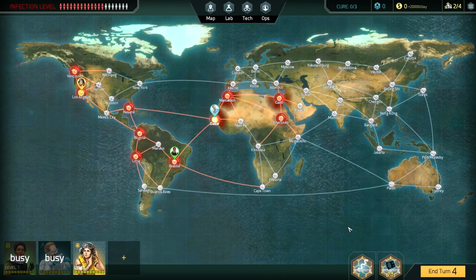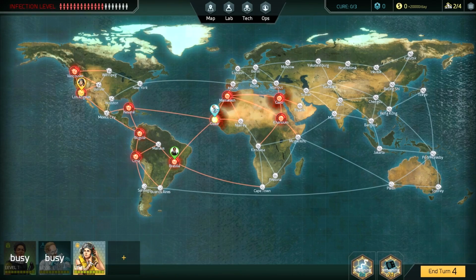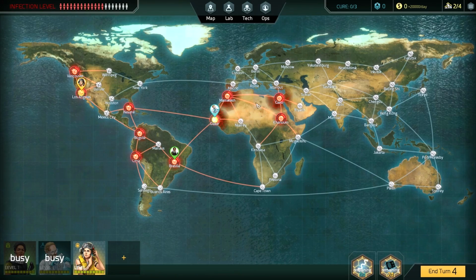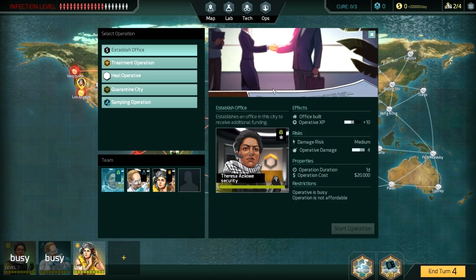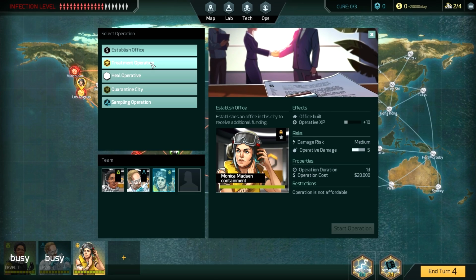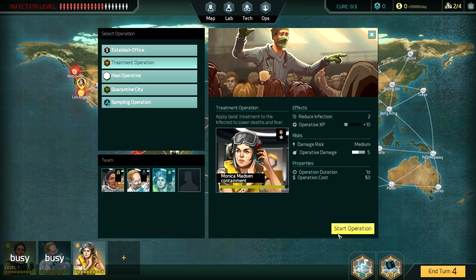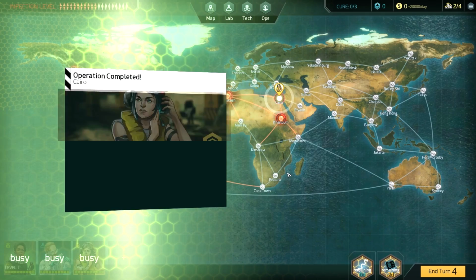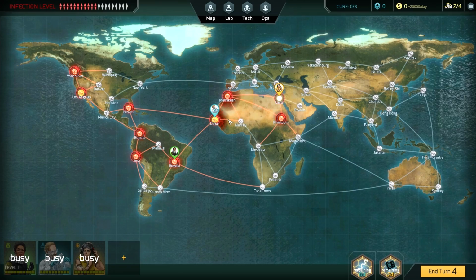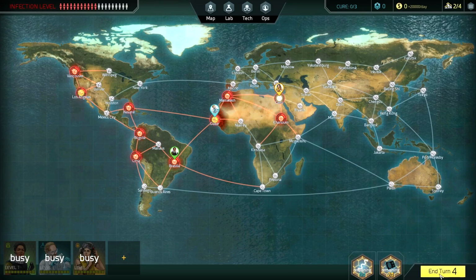Let's have him do a treatment here. Oh, I thought I sent the wrong person in? I sent the wrong person in. Okay. All right, well, we'll send her. And we'll do a treatment there. So we've reduced the amount of infection, which is good. We're running out of time, though, but...